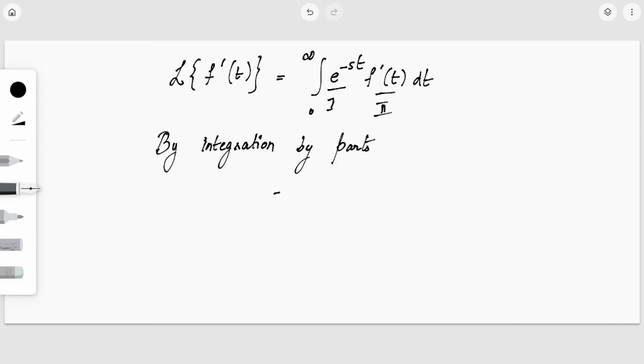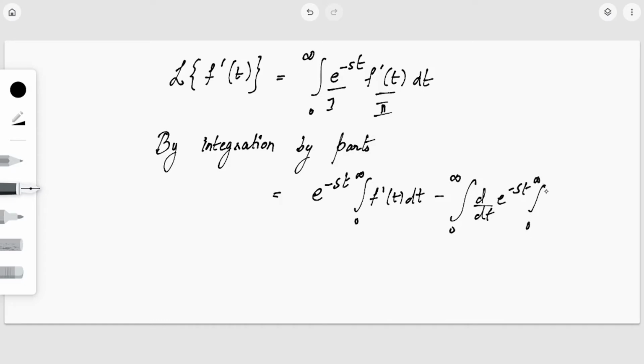By integration by parts, this is the first function into the integral of the second function, minus the integral of the derivative of the first function into the integral of the second function. So this is e^(-st) times the integral of the derivative, which becomes the function itself, f(t),